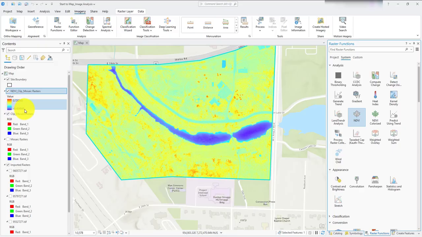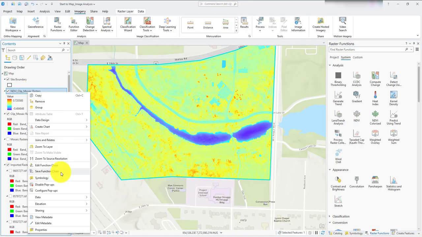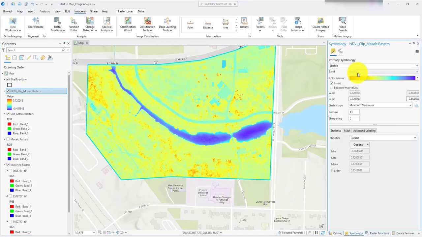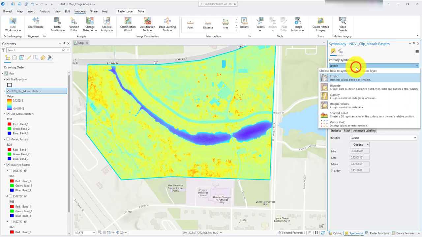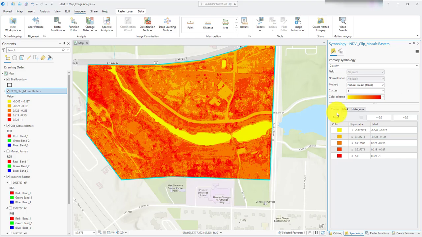So this is my lowest value that I have. This is my highest value. Now I'll try to reclassify this into a specific order, and I'll show you how to do that. So right click on this and go for Symbology. Here I have Stretch, but I don't want Stretch. I want to classify. It tries to load, and then it creates the default version, which is Natural Breaks,